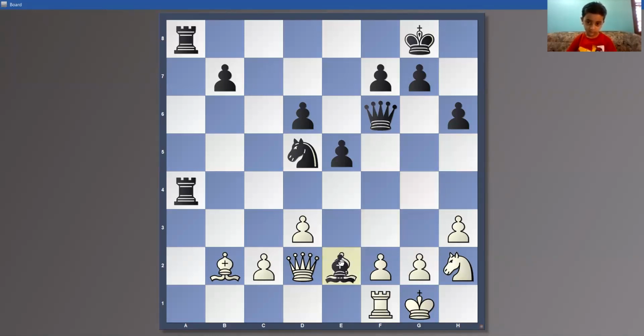Okay, bishop capture on e2. Queen to capture. Queen capture on e2. Yes.